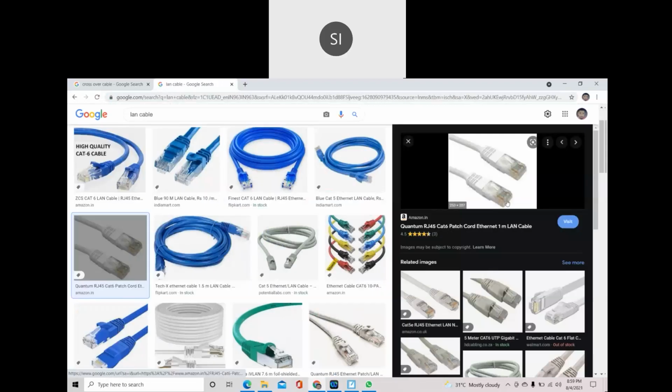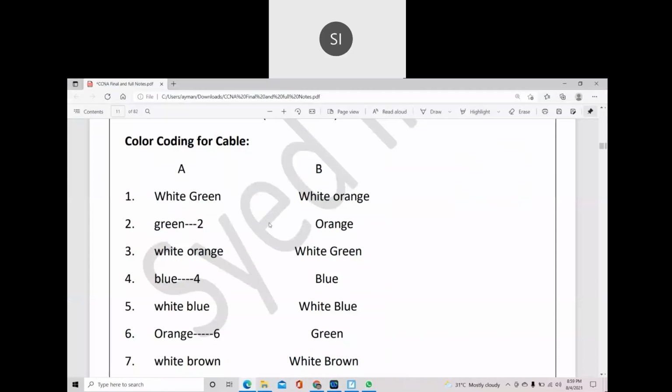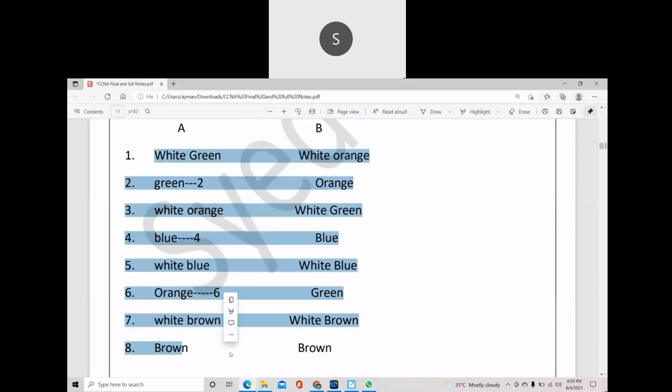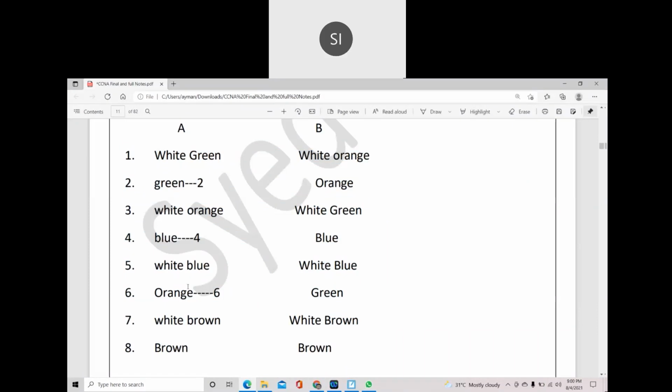At that end, when we use the crimping tool, this is the order for how to put the color code. If you're using a straight cable, you have to use this color coding. That's the sequence, and you can't change this order. Straight cable means one end will be white green and the other end will also be white green. Sorry, crossover cable means one end will be white green and on the other end you have to put white orange. This is the order for the crossover cable. For the straight cable, you have to put the same on both ends. This is the B row order.